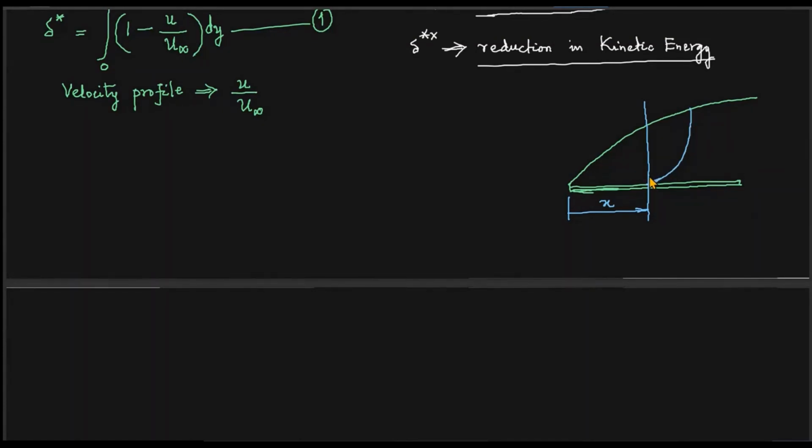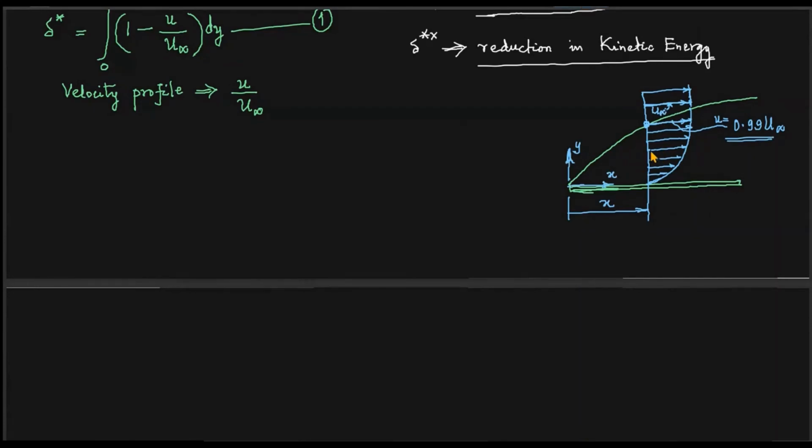The velocity increases from 0 at the solid boundary to the maximum at the outer edge of the boundary layer. What is that velocity at the outer edge? It is 0.99 times u infinity, so u equals 0.99 u infinity. Even above that, outside the boundary layer, it is unobstructed flow thereafter, so the velocity there will be u infinity.